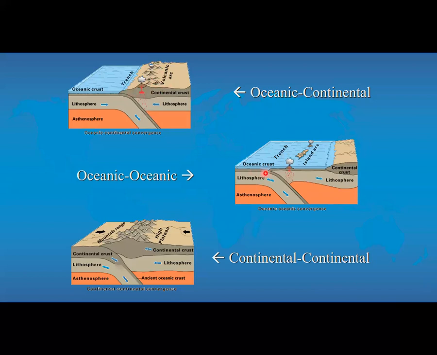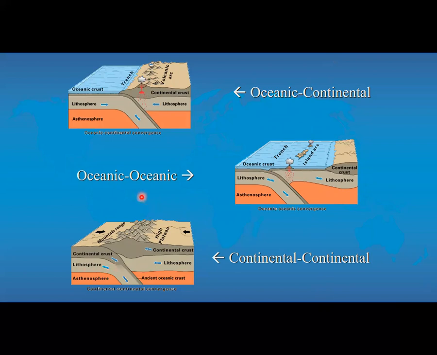The oceanic and oceanic, again, one is going to subduct under the other. One's going to be pushed down and destroyed. That's going to create a little deep spot in the ocean. We call that a trench, and this can also create volcanic islands. So a lot of places around the Pacific Ocean, you'll see these, and we'll talk about that more tomorrow in class when I can show you the map.